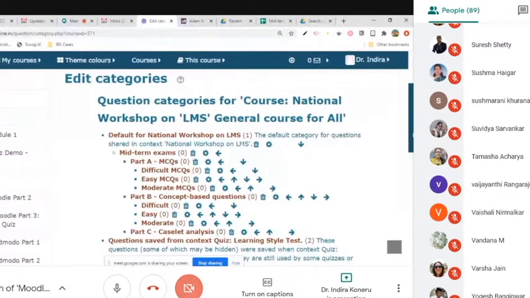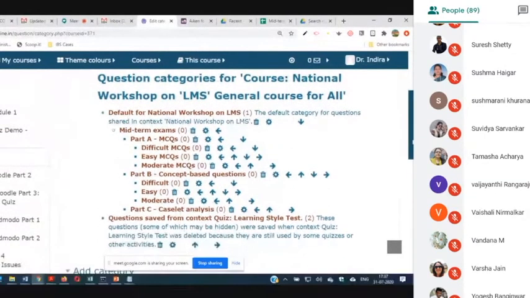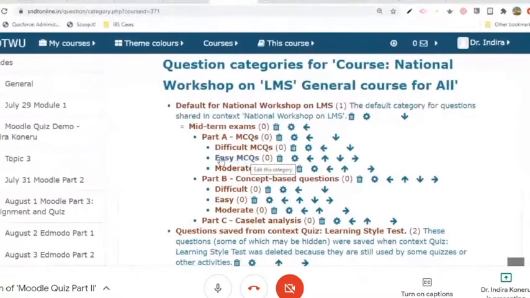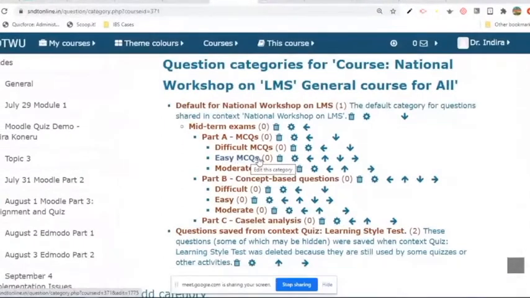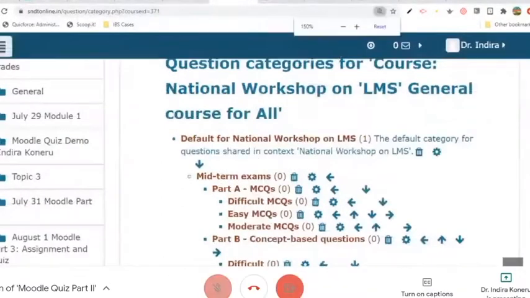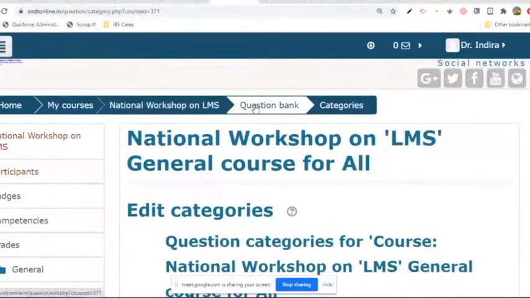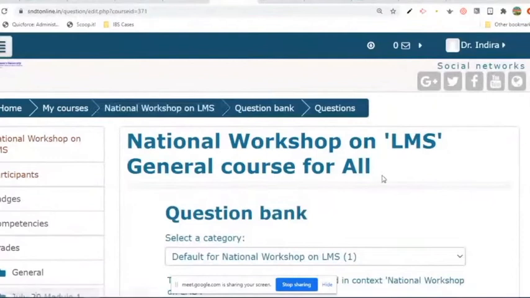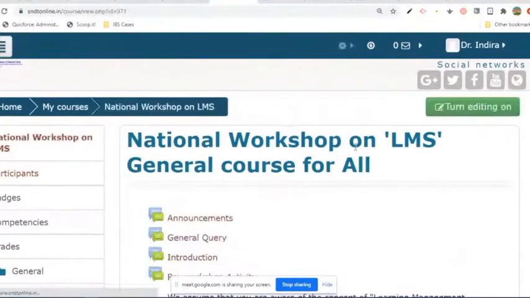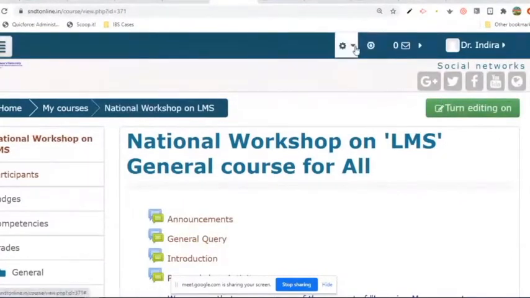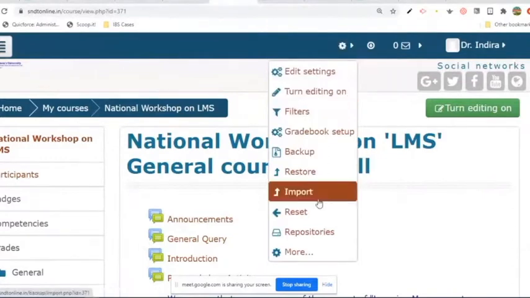So what I'll do is, here again we have deleted all the questions that I already imported to this easy MCQ. Now what I'll do is, I'll go back to the question bank. I'll come back to this page from the course page.